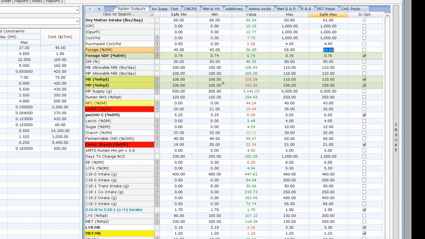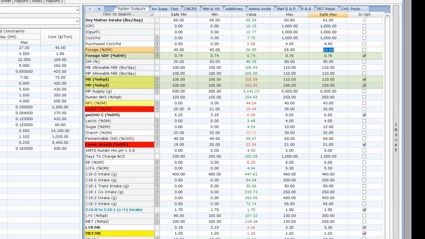Now, why don't I have these at 100? Well, I started from an initial diet that we were running around 103, 104 pounds of milk in this group. So instead of going back and changing inputs, I just changed these percent of required because I knew that the cows were actually eating around this 60.5 pounds of intake. So I just was manipulating the percent required and trying to keep protein a little bit tighter than energy, just so that I wasn't running really high levels of protein and wasting all that nitrogen.